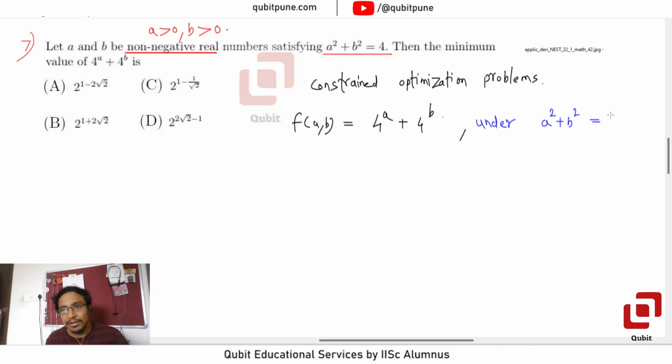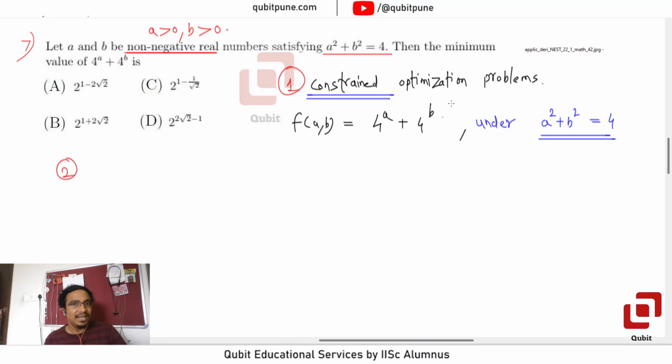So when it is a squared plus b squared under this constraint, then it is called constraint optimization. Got it? Then it is called constraint optimization because we are imposing a condition there. A condition is given in the problem, and we have to solve the problem by applying it. Okay. First point that I wanted to tell you about this. Second point is that